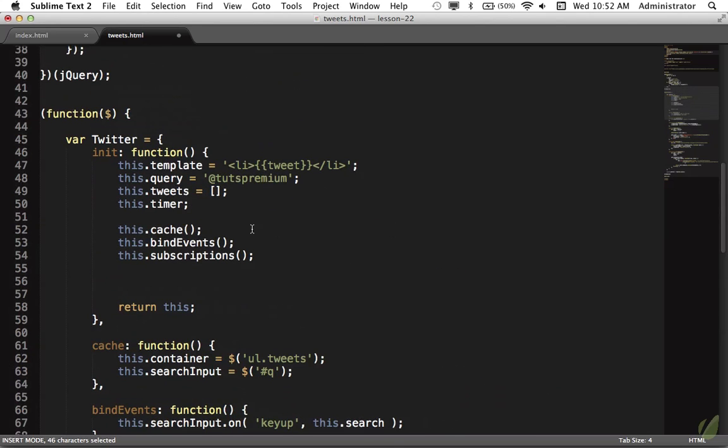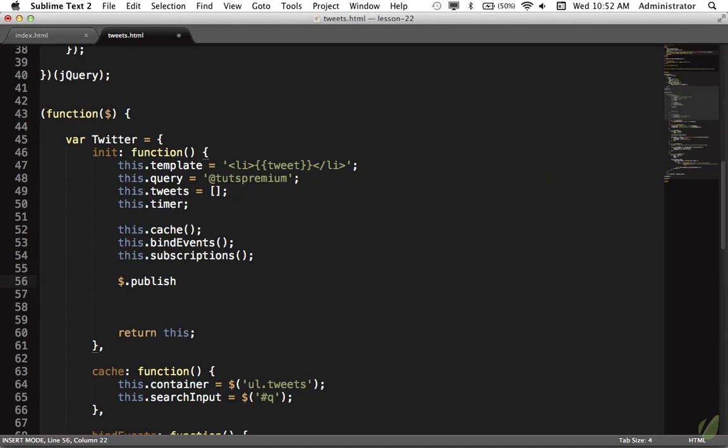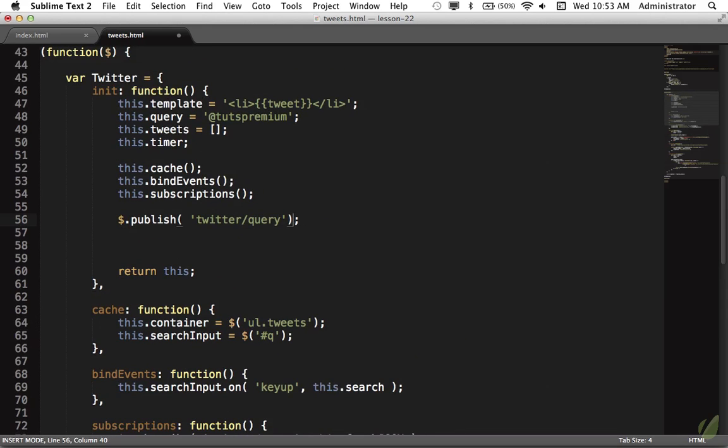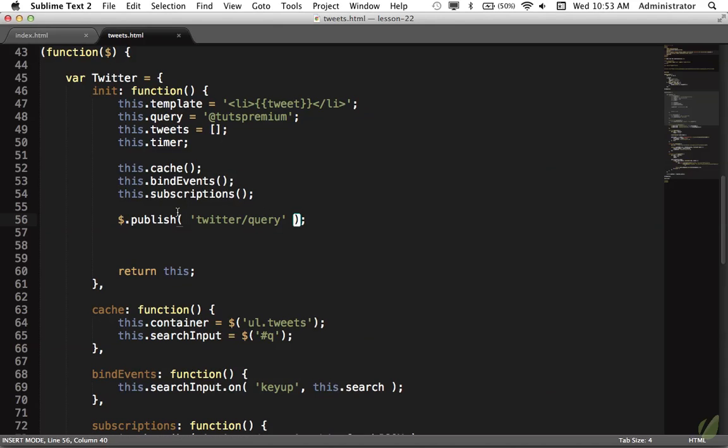So why don't we do this right here? We have set a property called query, and that is most of the time going to be equal to what the user types in. But we're going to set a default value. And then I'm going to publish an announcement, and we're going to publish Twitter/query. We have a query available, so anyone that's listening for a new query can do whatever it is they need to do. And we know that when a query is available, we are using the fetch.json method to query the Twitter API. So let's try that out. Reload the page,